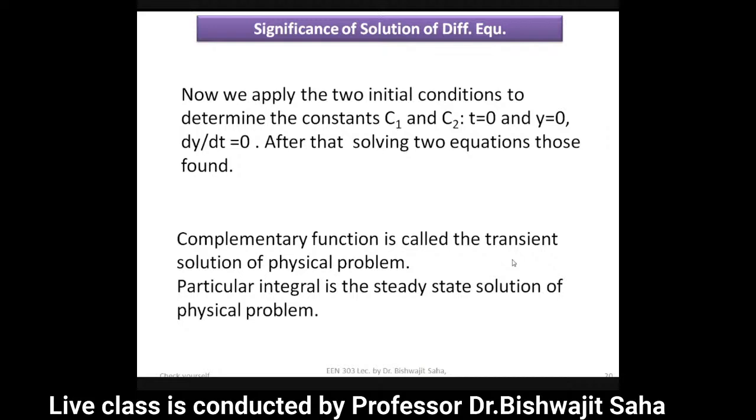Many things are going to be studied in the control engineering course. Understand? So before that, just remember that the complementary function expresses the transient state, and the steady state is expressed by the particular integral. So